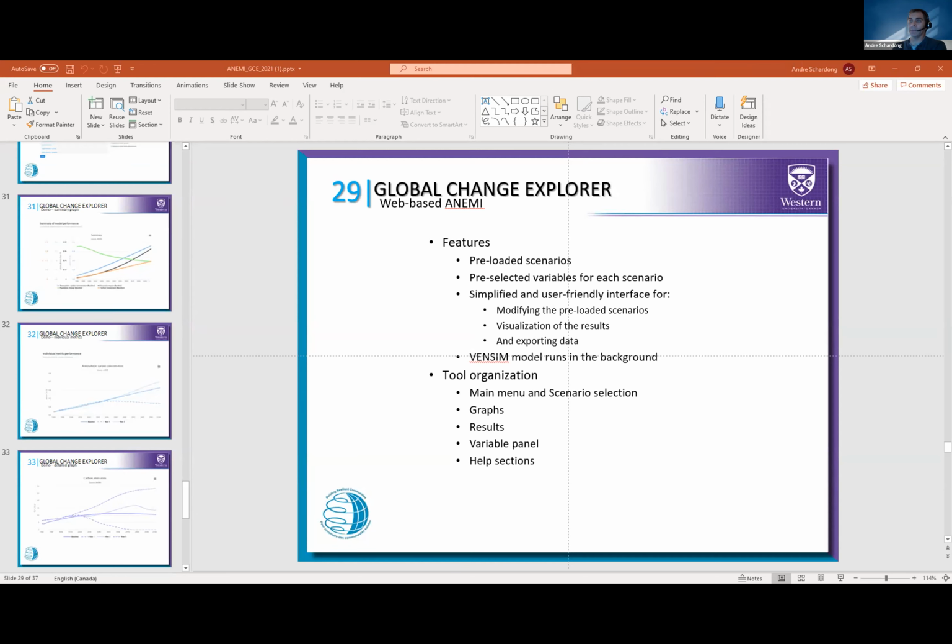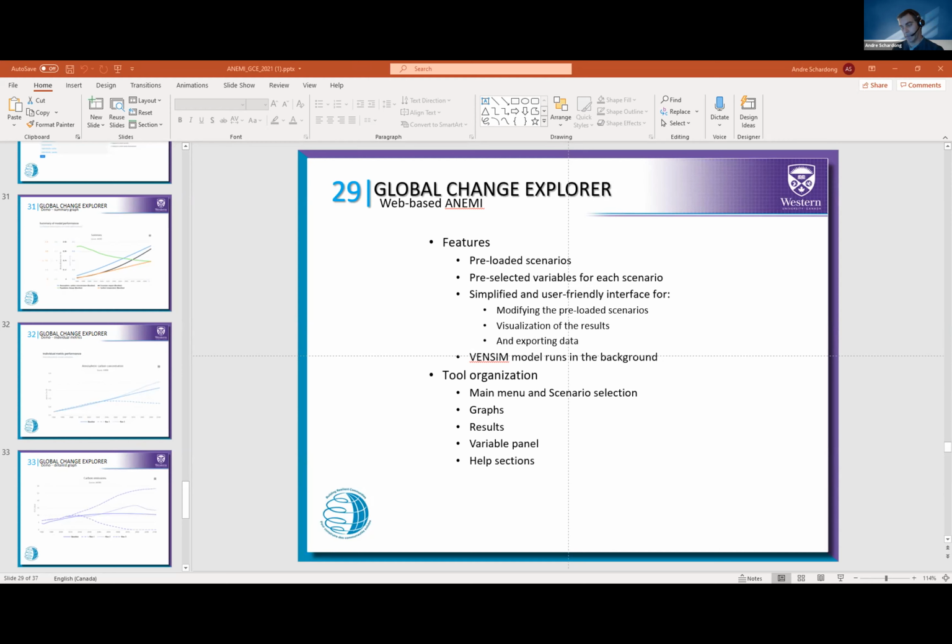So the idea of the tool is to build an easy to use and interactive tool. Obviously, you will see it's a simplified representation of the model, but I think our plan is to continue, hopefully expanding on this prototype or initial version we are presenting. And then you will see that there are some preloaded scenarios that Professor and Patrick